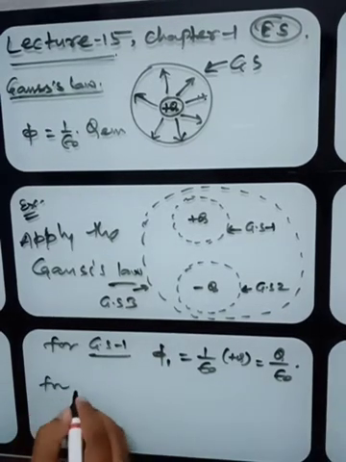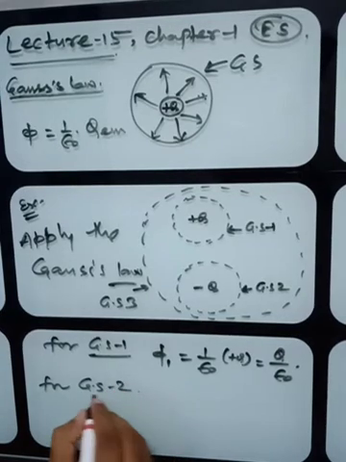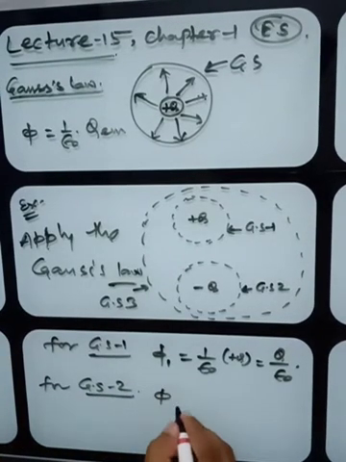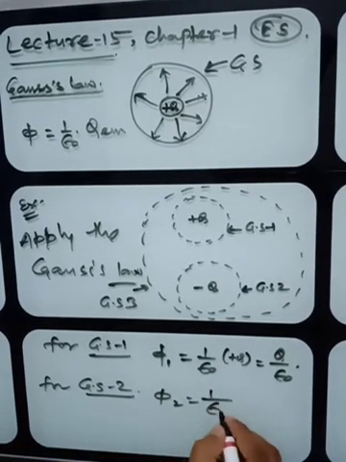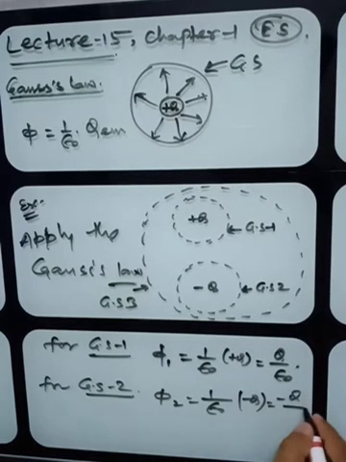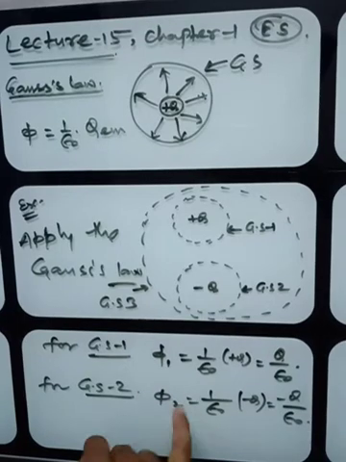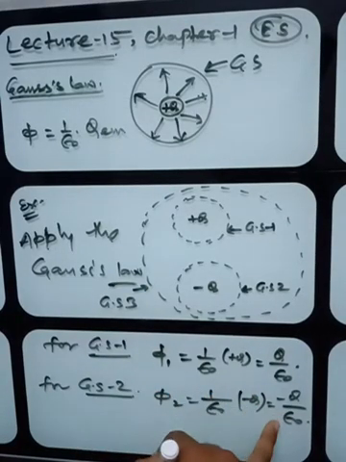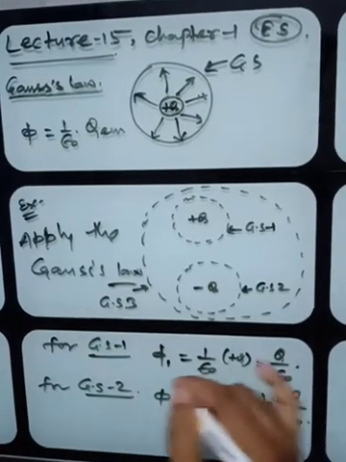For Gaussian surface 2, phi 2 is 1 by epsilon naught times minus Q, so minus Q by epsilon naught. Remember, this positive or negative sign will tell you whether the flux is inward or outward,